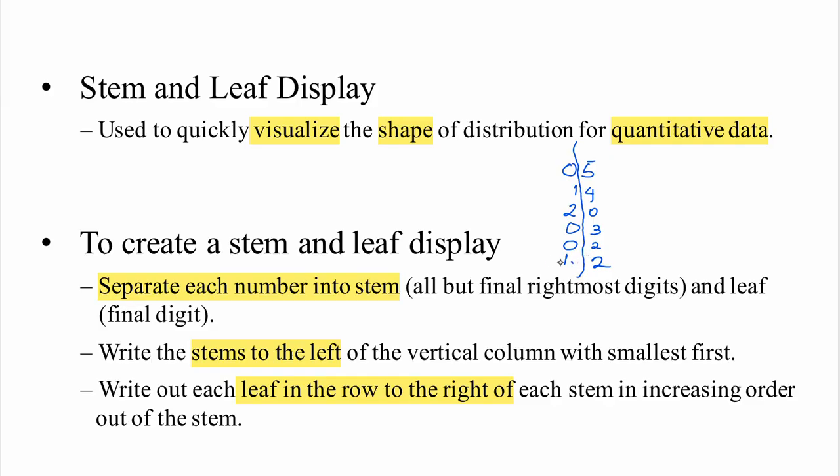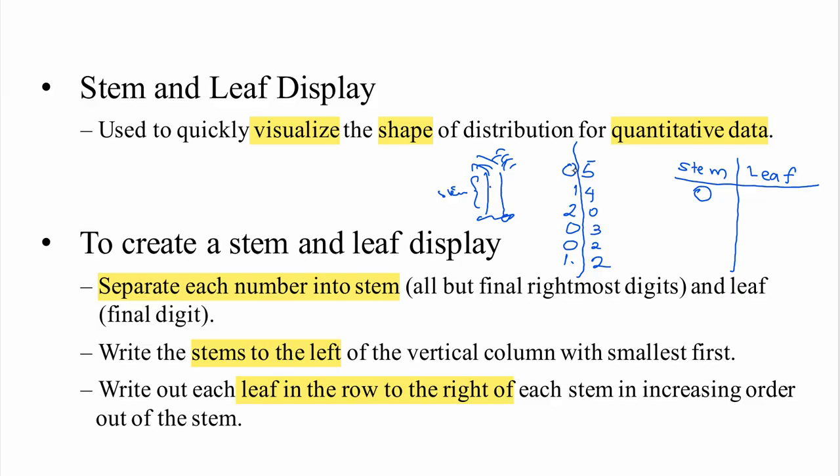Now, the third and last part is to create the stem and leaf display. So I'm going to create a table of this format. This side is where I have my stem. This side, I have my leaf. Now, think of a tree. Trees have single stems, okay? All trees have single stems, but multiple leaves. And so for each of these numbers, I'm going to keep a single stem, but I'm going to repeat the